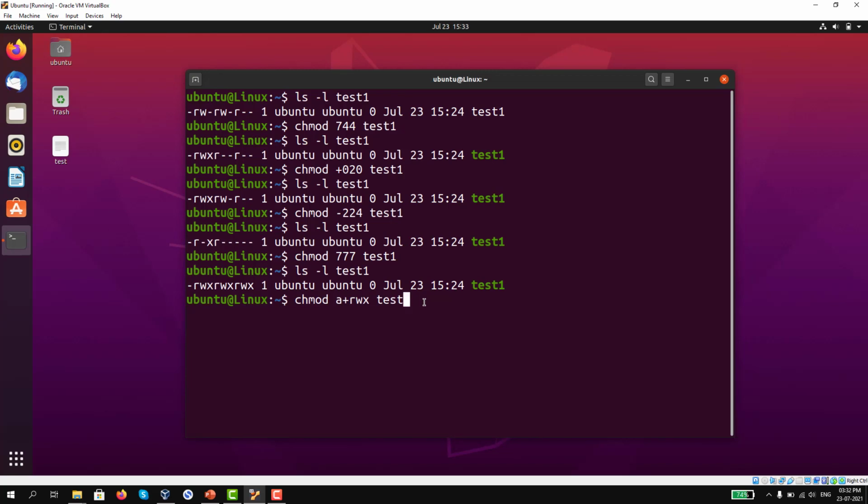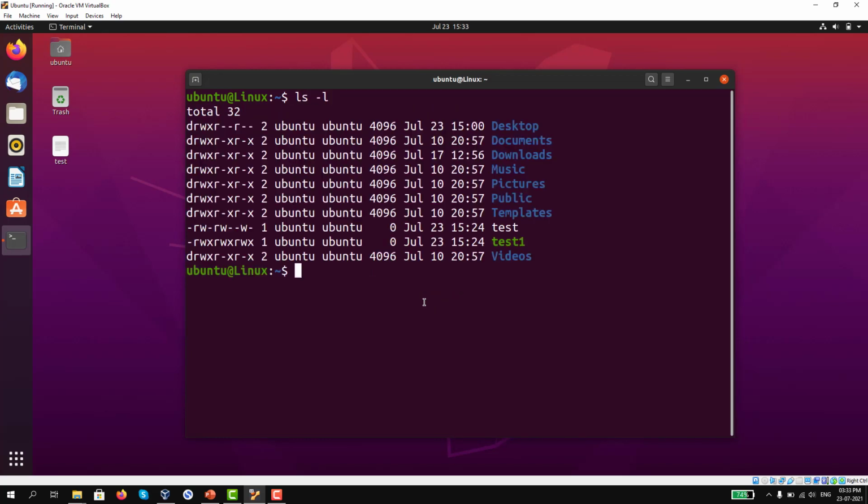In this way we will add permissions for files, and in the same way we can also add permissions for directories. Let me show you. ls -l. Suppose in the desktop directory, user has read write executable permission, but group users and others have only read permission. Let me add executable permission for group and others also. How can I do that? Let me show you in a numerical way.